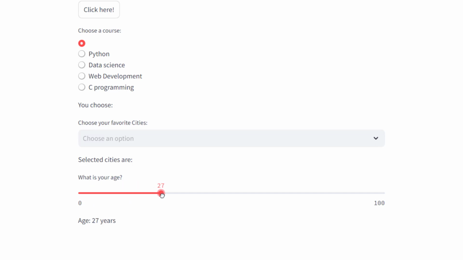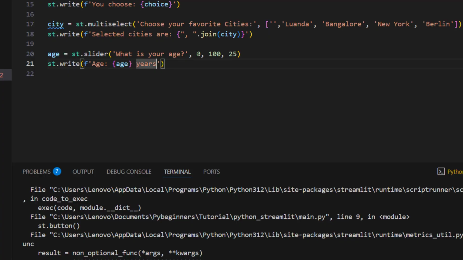If I slide here, if I keep sliding, 28, 30, 31, and so on, up to 100 only. The limit starts from 0 up to 100, and this 25 is the current age of this person.